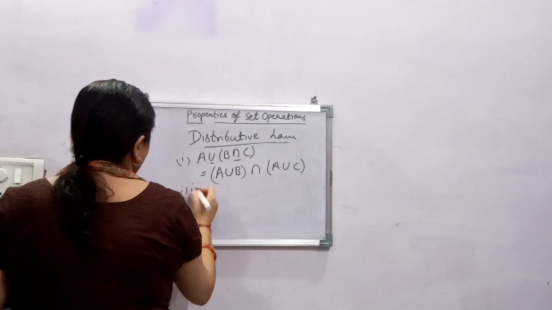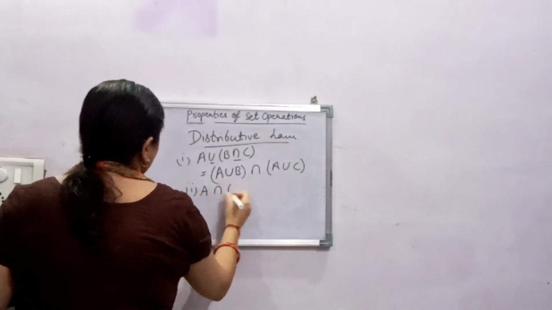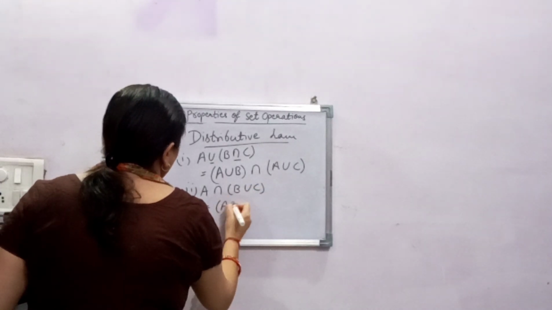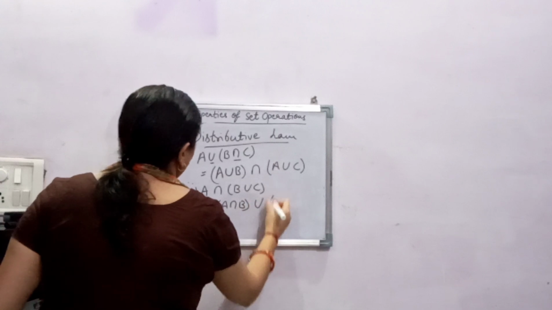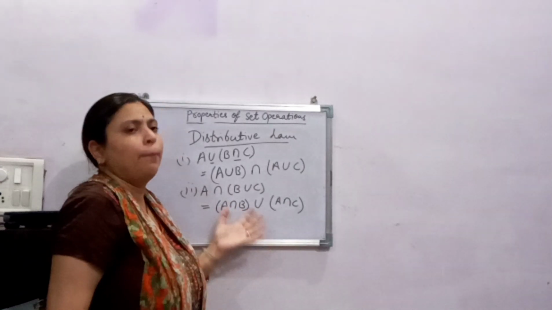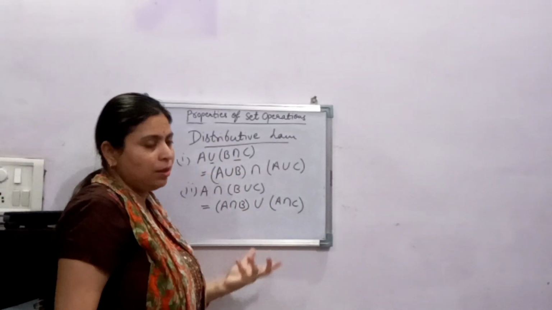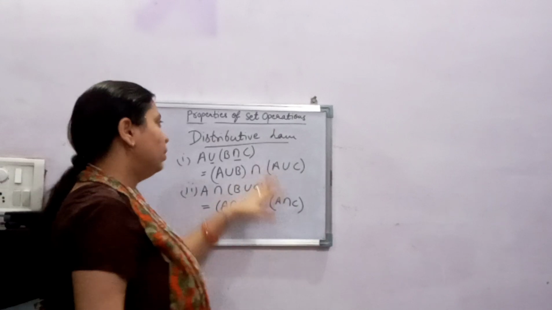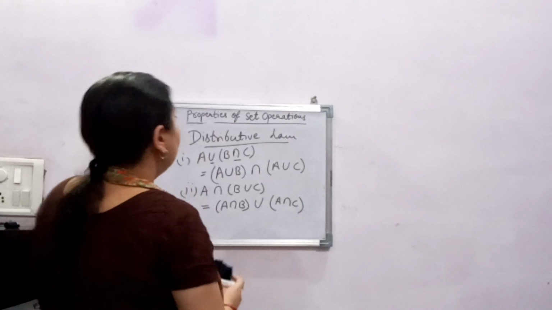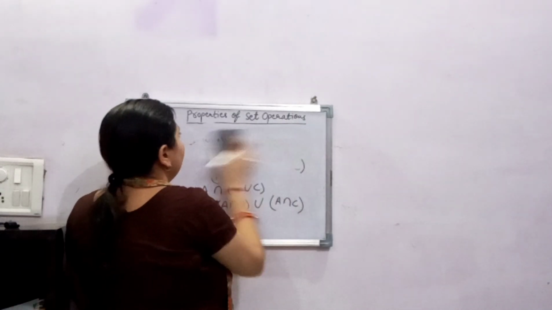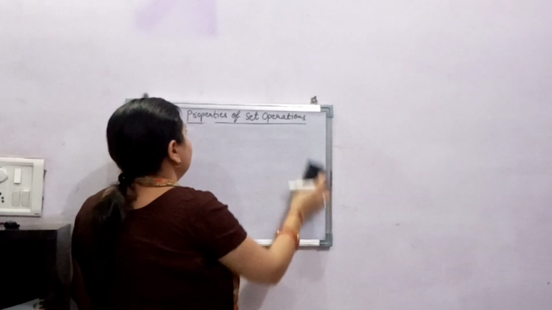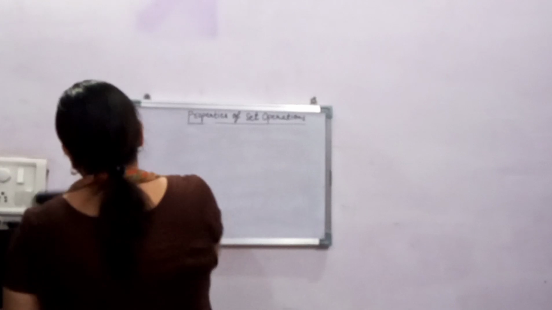The second distributive law is A intersection (B union C). Then what are you going to write? (A intersection B) union (A intersection C). If you take an example of some elements in three sets and solve it, you will come out with the same answers. So these are distributive laws, which are very important in solving equations or problems, which we will study further in our coming lessons.